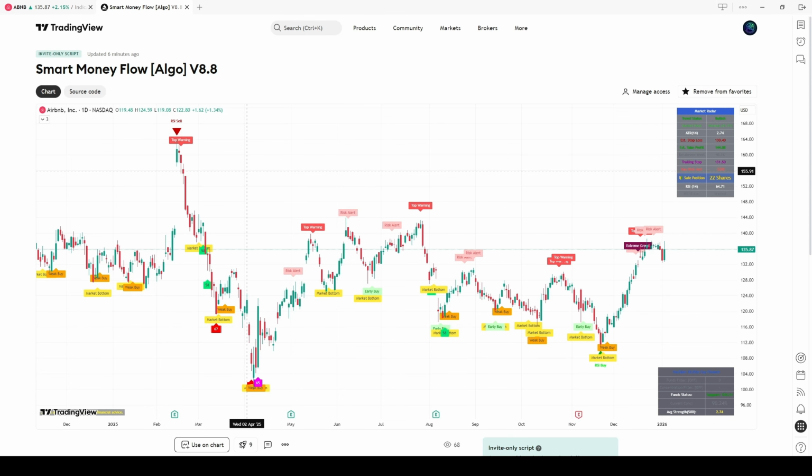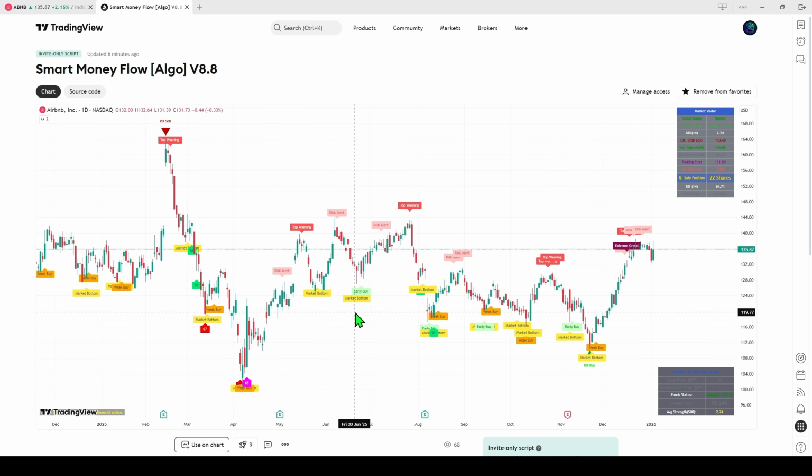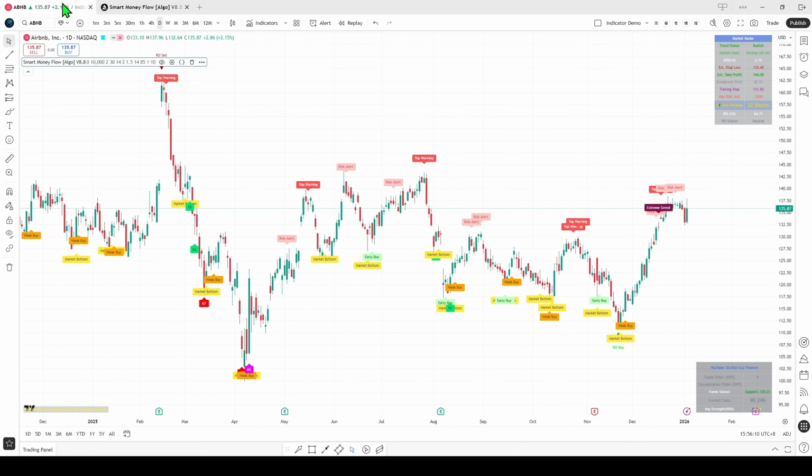Indicator Overview and Composition. Smart Money Flow Algo is a comprehensive trading operating system that provides multiple bottom fishing (entry) and top picking (exit) signals, along with risk management protocols and position sizing to help you build your own trading framework. This system is perfectly suited for stocks in a ranging market (consolidation), as well as those trending upward or